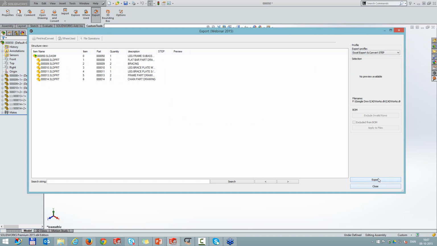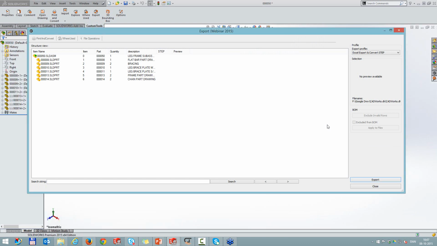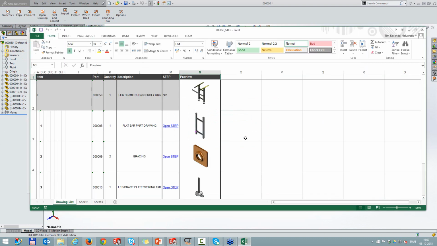So if I do that, I'm going to run this export, and you will notice in the background that SolidWorks is going to open up all the parts and save them as STEP files, and when that task has been completed, we are going to create the Excel file. It's being done now, and then we have the Excel file with the link to the STEP file. So you can see that I am linking to the 08 STEP file and in this one 09. So the subcontractor can open this in his CAM system if he needs to run it in a CAM system, and everything is just included in this Excel file.